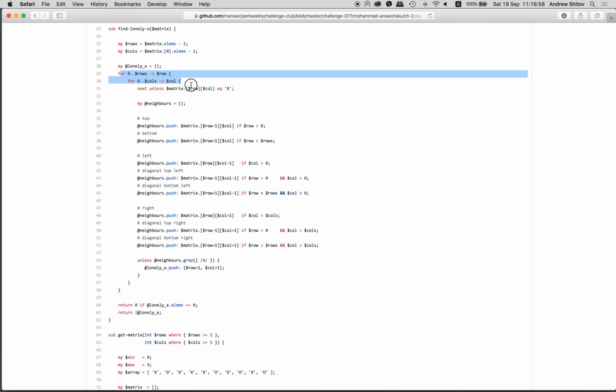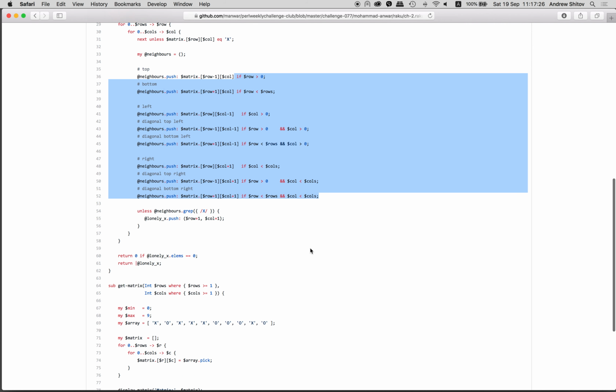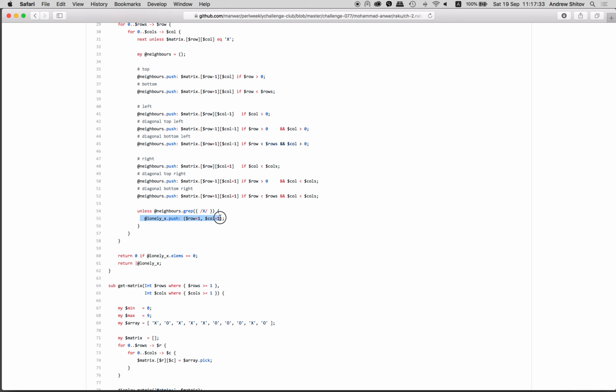So how do we do it? We scan the matrix. We have these maximum positions. Next unless this is X, right? We skip that, and if it's neighbors, then we push some things. We push the element, right? We push the element neighbor if we are within the borders. And after that, we grab those neighbors. We only contain those X, and we push the